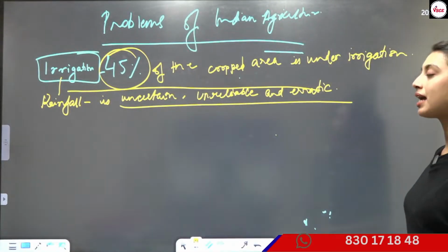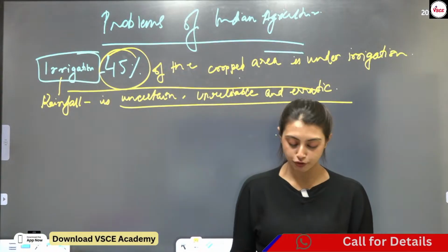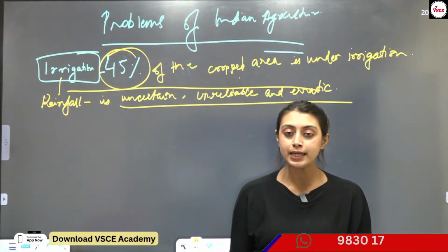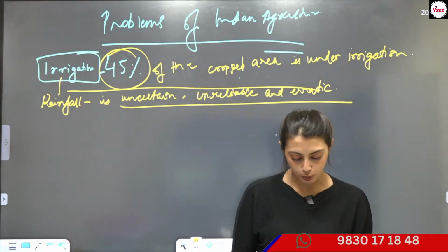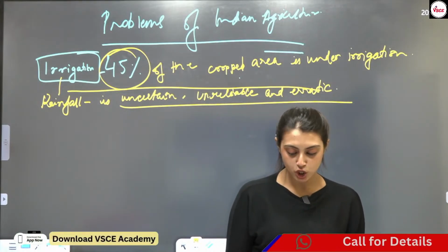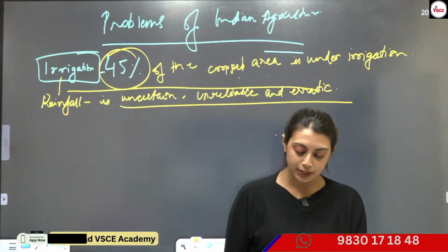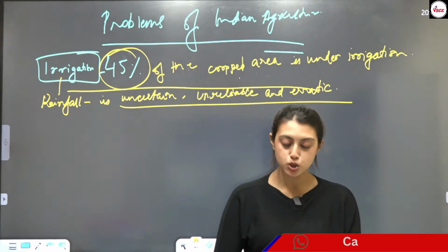Now, lack of mechanization is another problem which I was talking about. It results in a huge wastage of human labor and in low yields per capita labor force, right? And mechanizing agriculture is convenient and efficient. Okay. Now, agricultural marketing is still continuing to be in a bad shape in India in the absence of sound